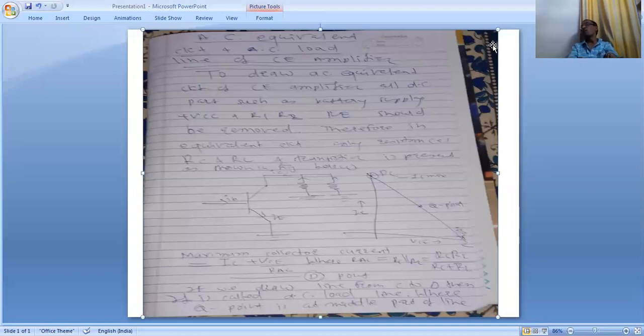How do you keep in mind how to draw the AC load line and DC load line? When we are drawing a DC load line, we have to draw all the currents IB equal to 0 to 15 microampere. The same thing is repeated in the case of drawing the AC load line, but do not draw the base current IB equal to 0 to 15. You have to draw only IC on the y-axis and VCE on the x-axis.